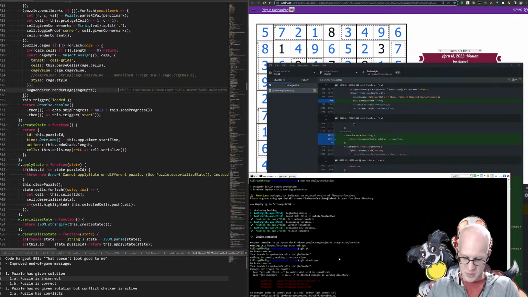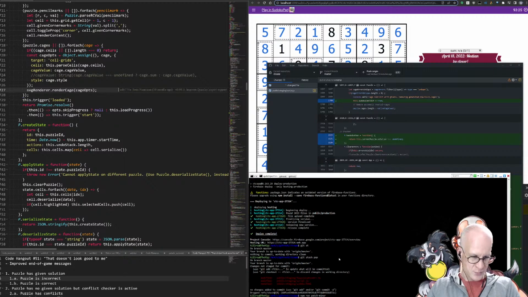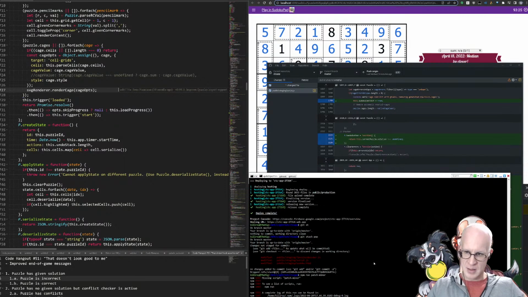So run patch minor. I mean, it has that dead weight of extra code for the cage calculator in there. What am I doing? Not patch minor, bump minor. Bump minor.